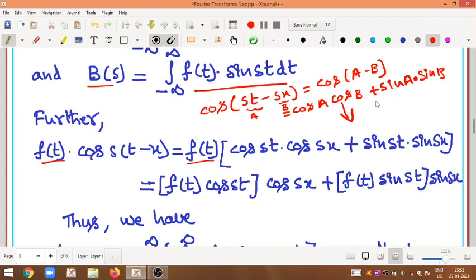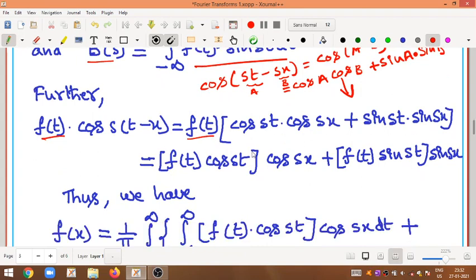So just replace those values and rearrange the terms as f of t into cos st in one bracket into cos sx, plus f of t multiplied with the other term, also written in one more bracket, f of t into sin st into the remaining term sin